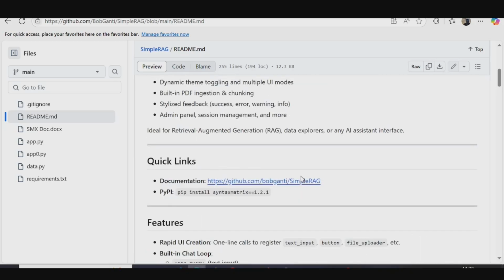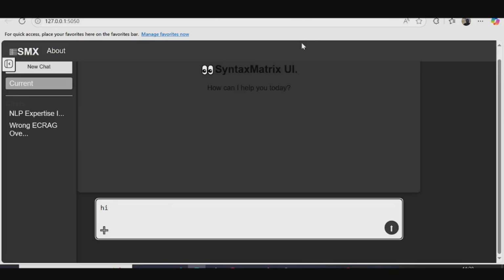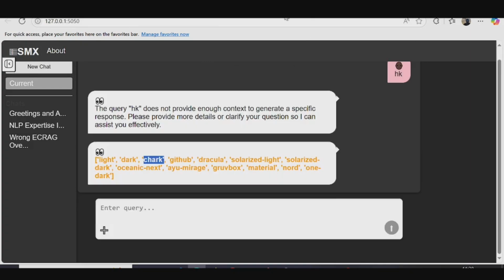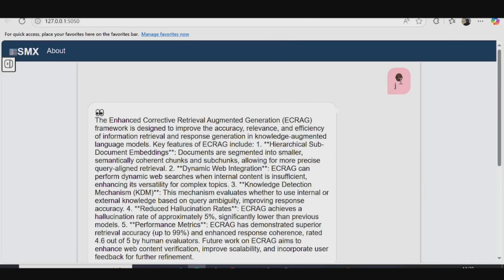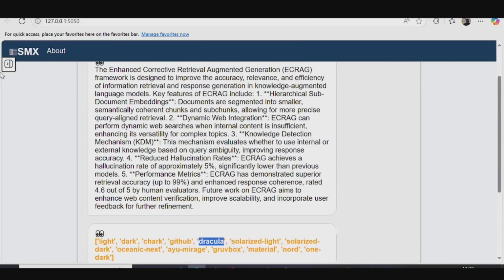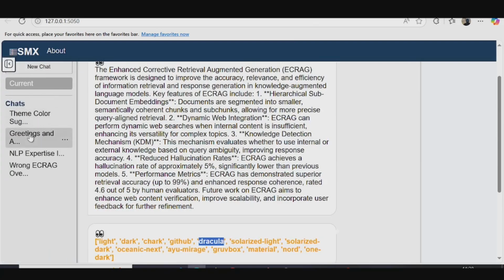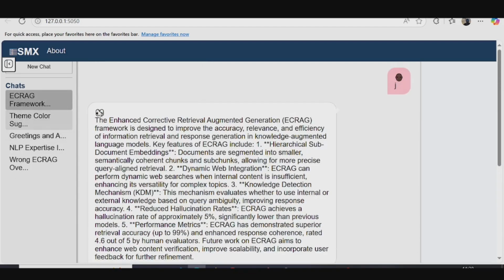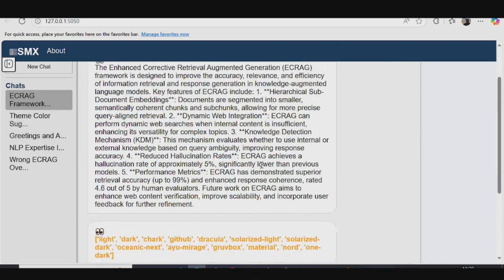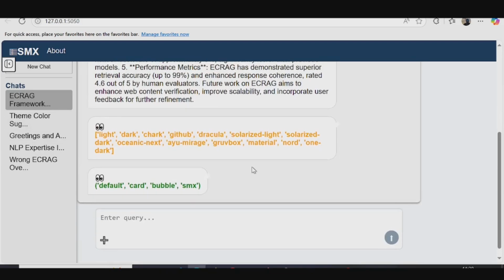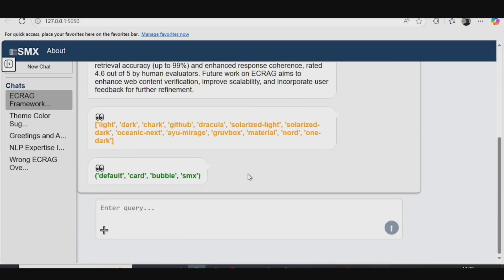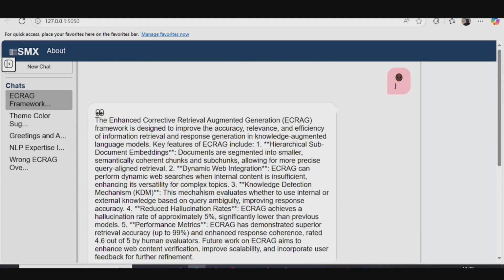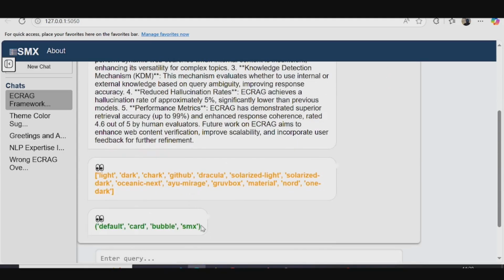As you can see here, this is how the bubble works. So that is it about the integration of the SyntaxMatrix. One thing, we can also add visualization